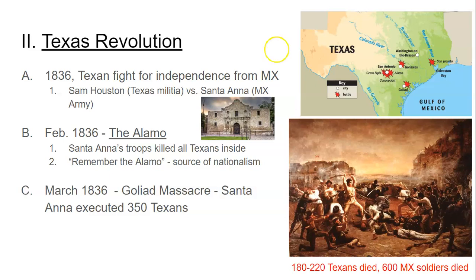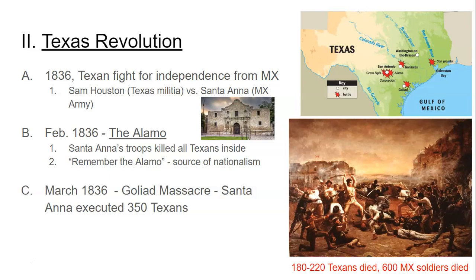Now, there are several different battles you can see here. There's a few of them. The biggest and most famous one is the Battle of the Alamo. So here's a picture actually of the Alamo. It's a building. The Alamo was a Spanish Catholic mission. It's kind of like Catholic missionaries. It's like a makeshift church for them, but it was abandoned. So it's just this empty building that is today in San Antonio, Texas.